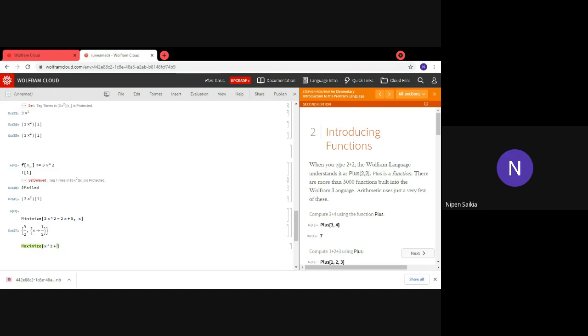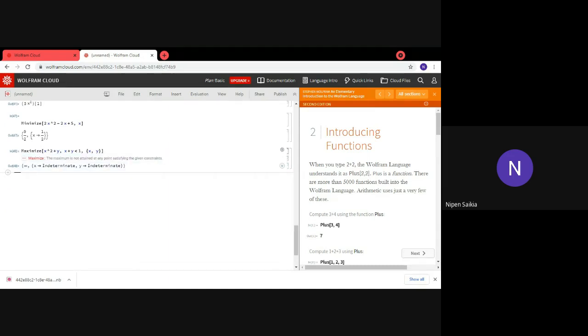Let us take a function of two variables, x square plus y, as constraint is x plus y is less than, say, 1, and then the variable at any point xy. So we'll write like this and we'll get, so this is indeterminate. If I write minus here, whether we'll get the finite value. So it is coming same. So we have to change the